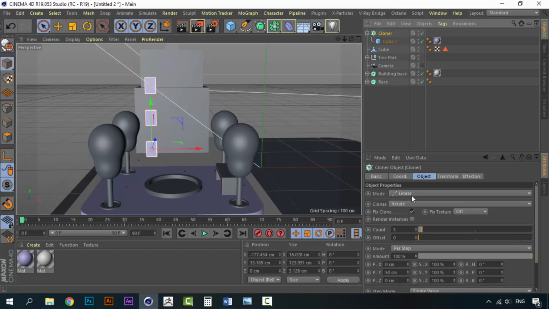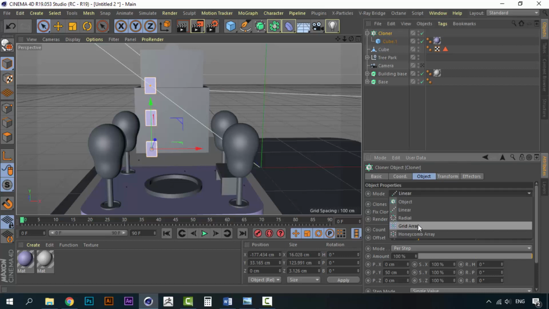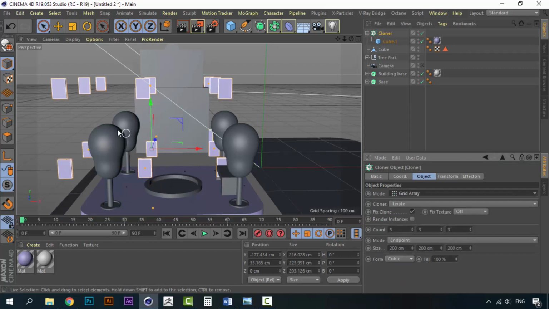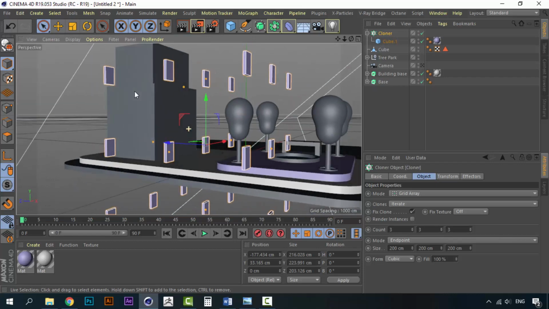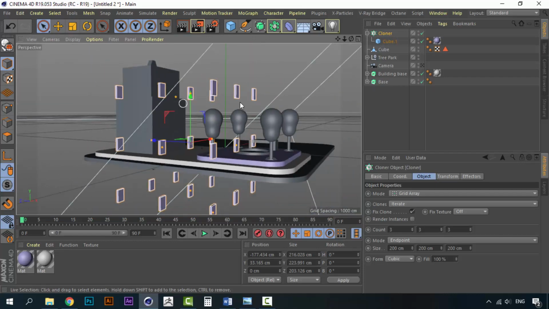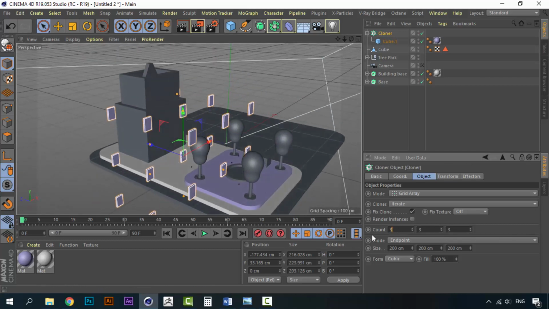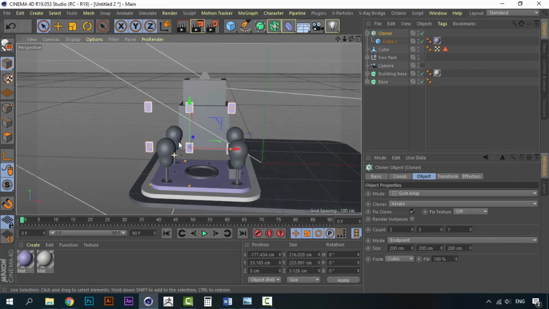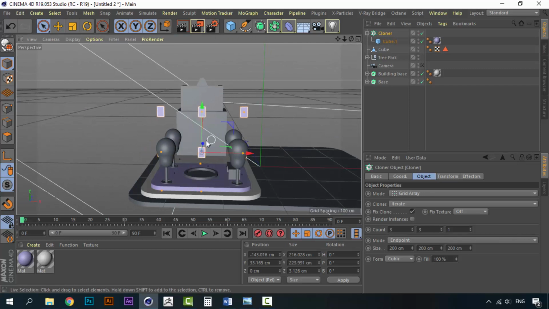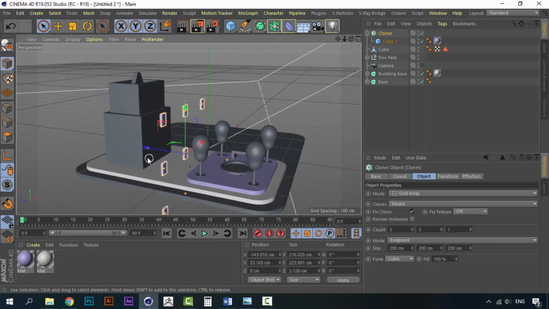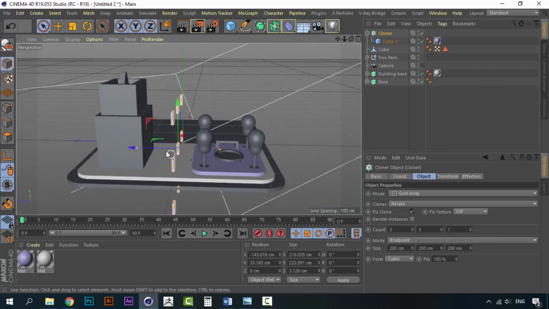Now let's play around with the cloner settings. For example, on mode, instead of linear, let's set it to grid array, so you will have this grid, but we don't need so many windows. So here we have the count, and on the count we have the X, the Y, and the Z axis. So on the Z axis we don't need anything, so we can set it to 0, and we can move this until they are stuck on the building